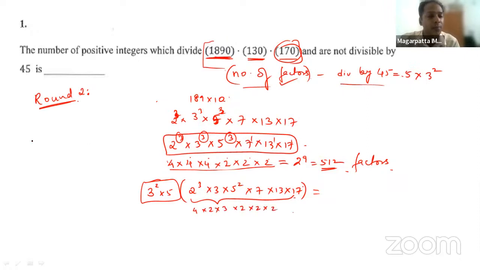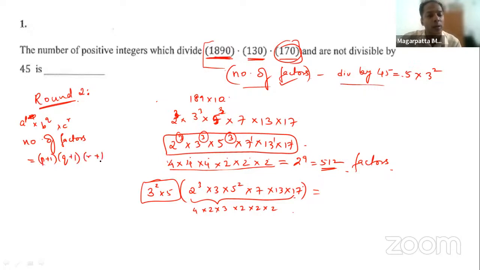All of you know, number of factors are power plus 1, power plus 1, power plus 1 when you write the number in terms of prime factors. So if the number is a to the power p into b to the power q into c to the power r, then the number of factors are p plus 1 into q plus 1 into r plus 1. I'm assuming that all of you know this, right? Having said that, we did this calculation and we get to the answer as 8 into 8, 64, 64 into 3 is